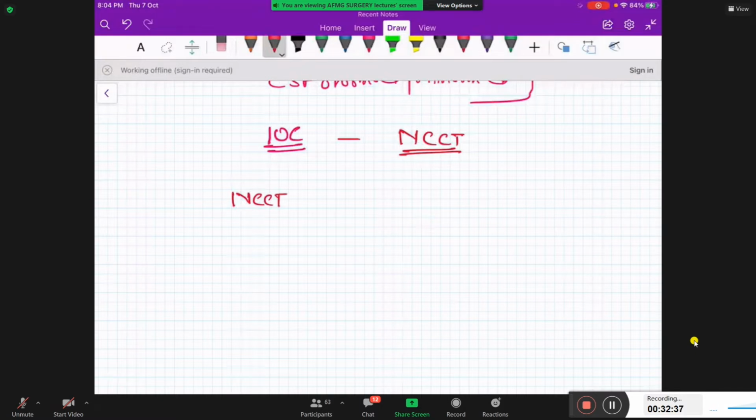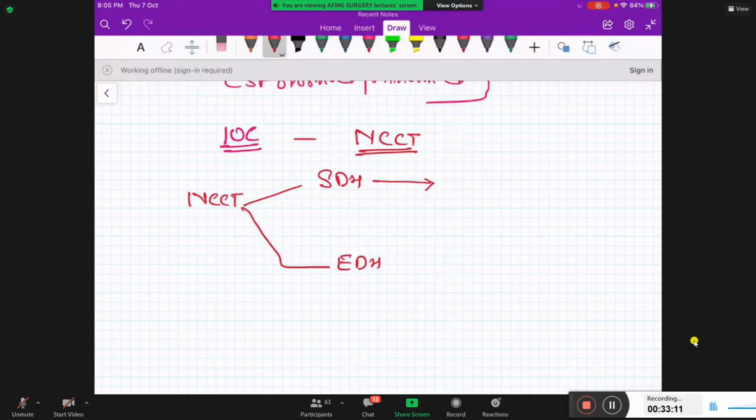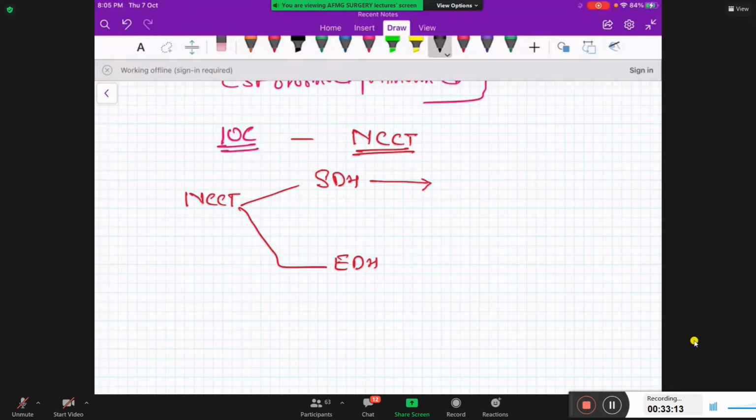Okay, now in non-contrast CT of a patient, please note this point, and we'll be talking about this injury separately also. In SDH and in EDH. What is SDH? Subdural hematoma. EDH is extradural hematoma or epidural hematoma, right? In SDH, in non-contrast CT of a patient, you will get concavo